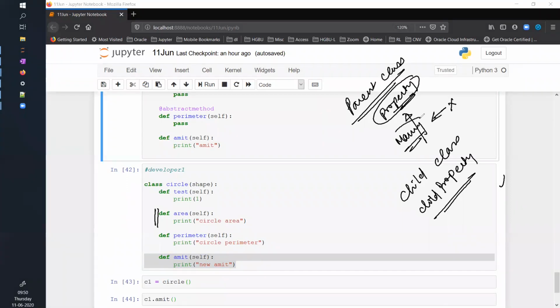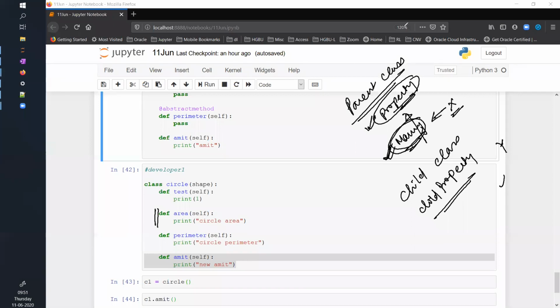There is a functionality already in the parent class. The parent has defined that functionality, marry: my child is going to marry girl X, but the child is saying, no, I will marry girl Y. Overriding the functionality of the parent class. So some of the things they inherit by default, and some of the things they can override. That is how inheritance works. Exactly the same way it works in Indian society, it will work in object-oriented programming. So this is your inheritance concept.